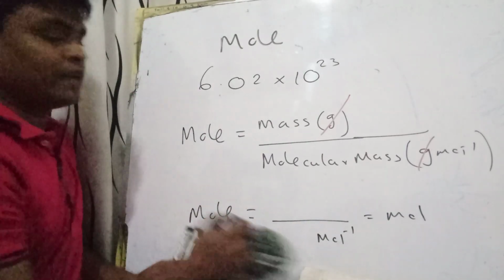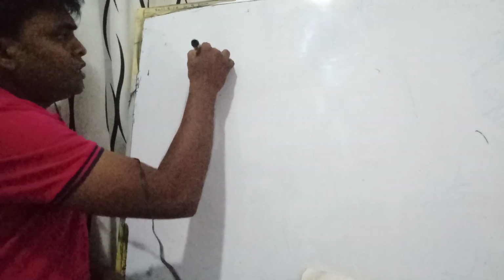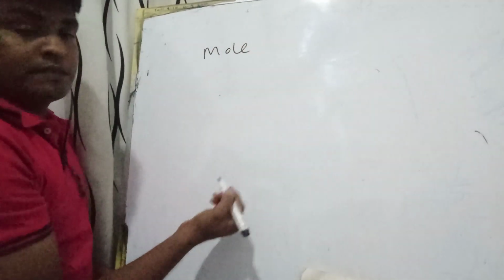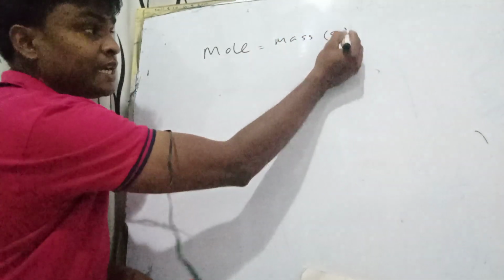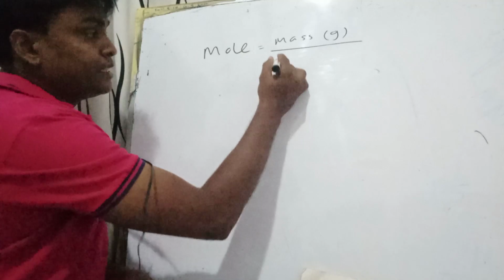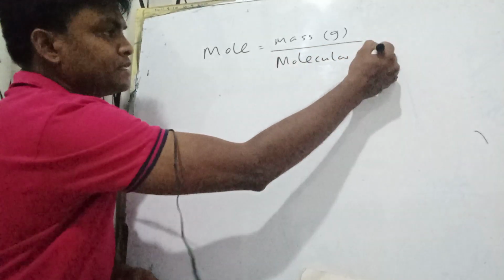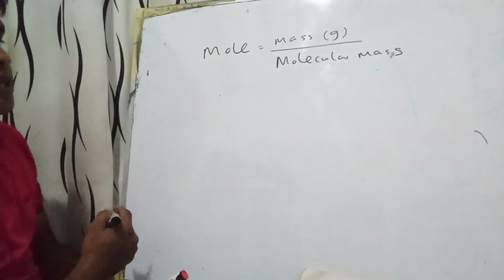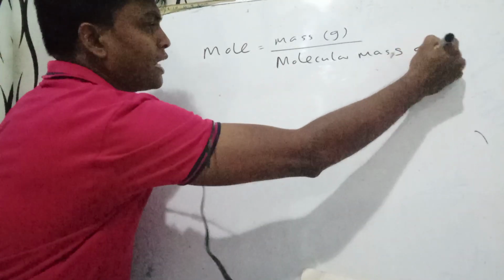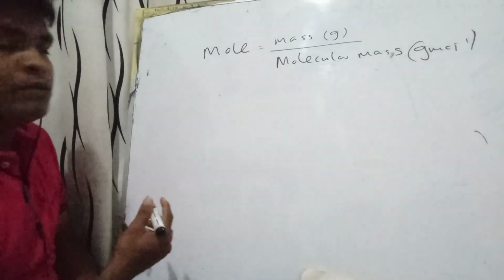Right. Now I will go to one example. You see, these moles have an equation. What is the equation for the moles? Moles equal mass, and the mass is always taken in grams, I said that, divided by the molecular mass. The molecular mass is given in grams per mole. Units I put in brackets like that. Okay. Now